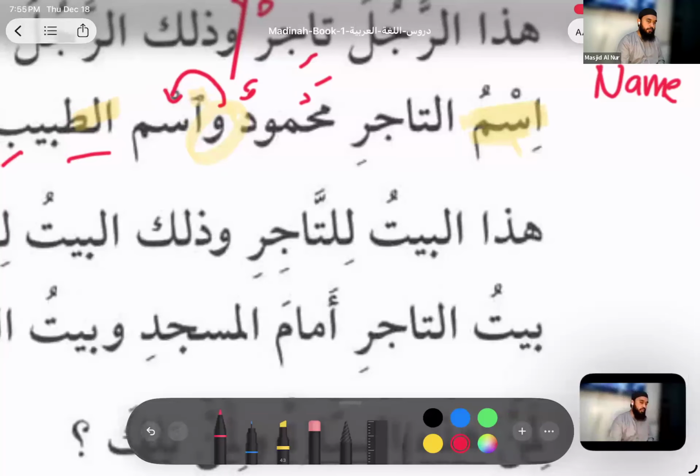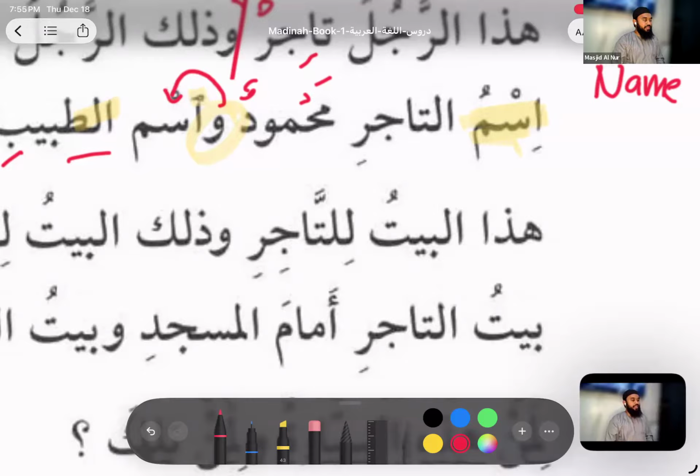Who can give it a try again? This is the house of the merchant. Like it's this. No. This house is the merchant's. It's there, but I'm looking for one. Everyone's missing one specific word. Can someone give it another try? No. It's saying the house. Yes, but obviously the is eliminated with this, because this is already giving the meaning, right? هذا البيت, this house. هذا البيت, I already gave the answer. To the tajir.